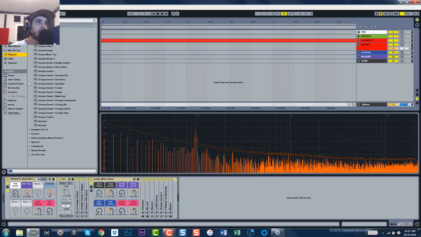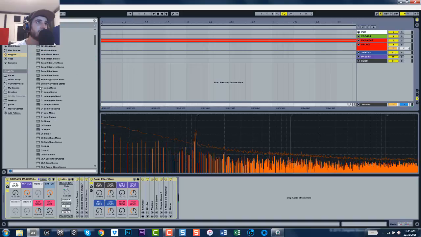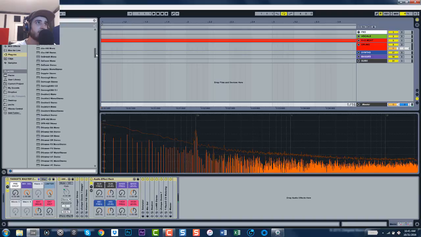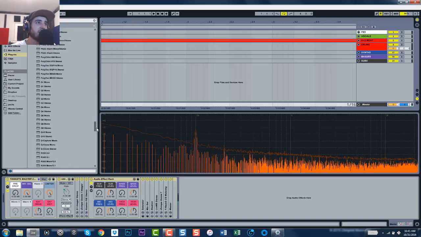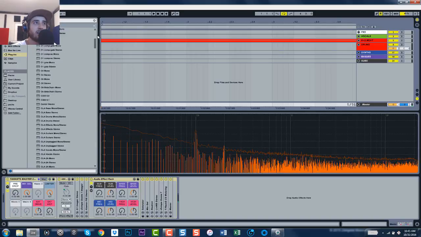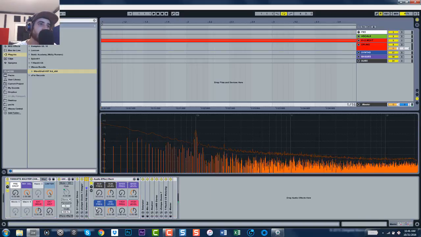So I'm going to go to the plugins. Okay, so as you can see, there's a million. Like, I don't even go through them all yet. There's just a million, okay? So down here in my rack, I'm going to cover which ones I use and why I use them and stuff like that. So the first one, the Kramer Pi, it's a compressor type thing,